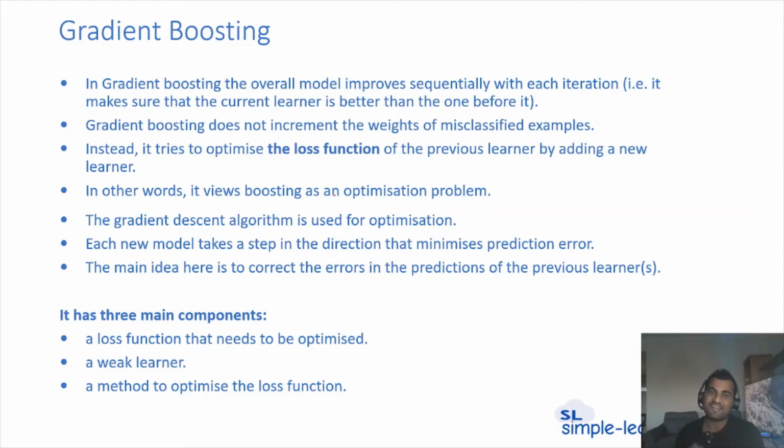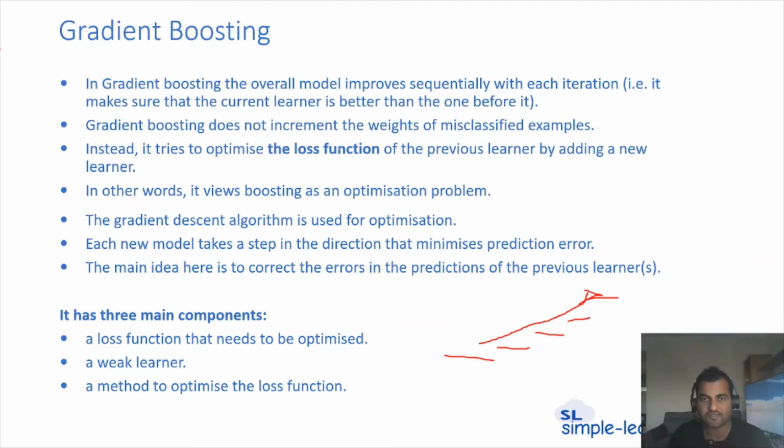Then gradient boosting. Gradient boosting is an overall model which improves sequentially with each iteration. It means, for example, to get the best output, I will run 5 iterations. To start with the first iteration, we see what the output is. Then the next iteration makes sure that the previous iteration's output is optimized further, the best improvement. So step by step there should be an improvement: step 1, step 2, step 3, step 4, step 5, right? There should be an improvement of the results we expect.